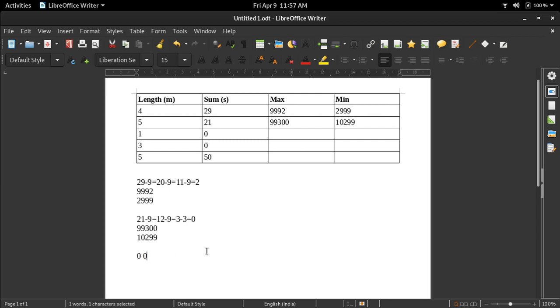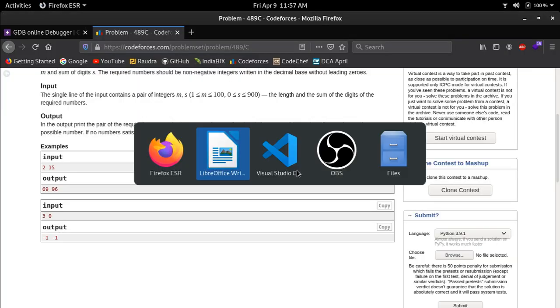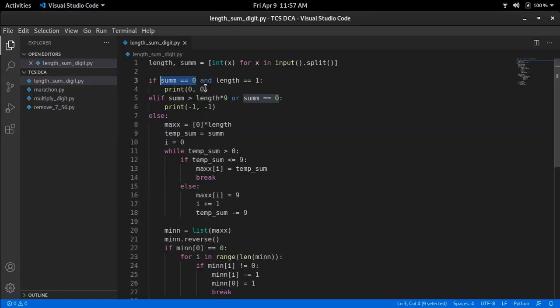So the minimum and maximum possible values are 0 and 0 only. So we are printing 0 and 0 here.